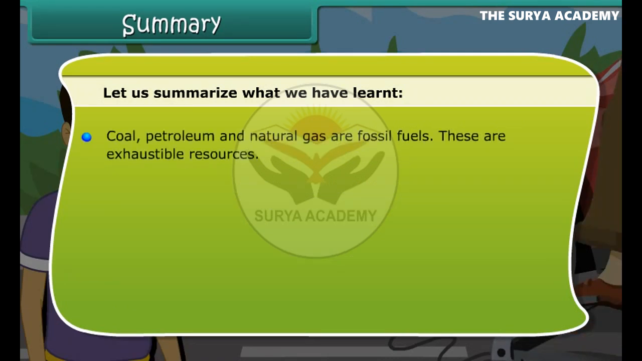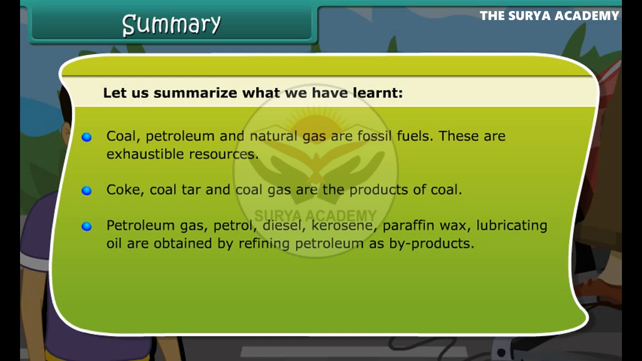Coal, petroleum, and natural gas are known as fossil fuels. These are exhaustible resources. Coke, coal tar, and coal gas are all products of coal. Petroleum gas, petrol, diesel, kerosene, paraffin wax, and lubricating oil are obtained as byproducts by refining petroleum. We should use